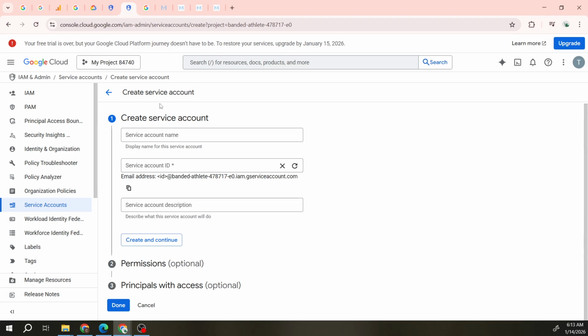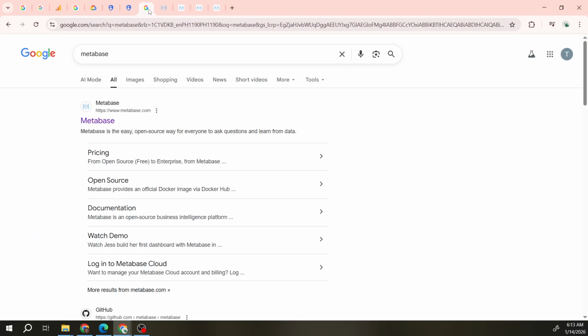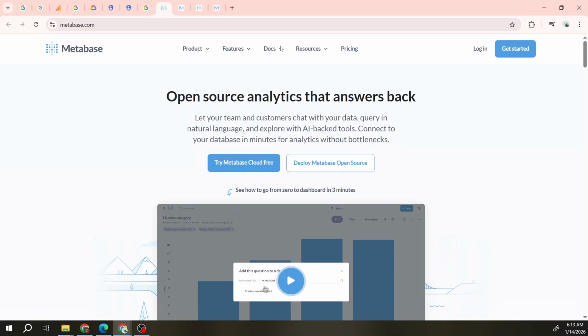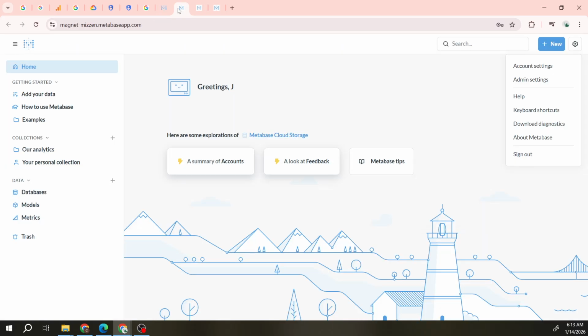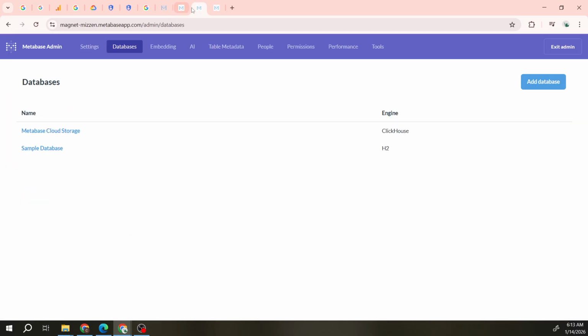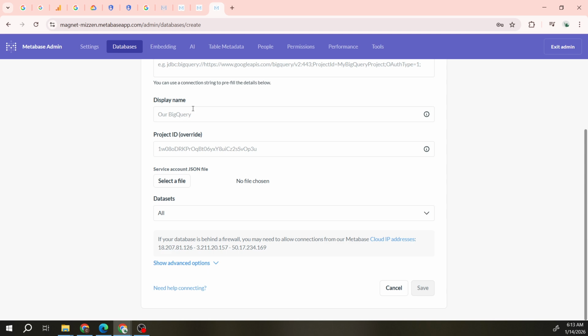Now head to Metabase. Search for Metabase and open your instance, then log in. Go to the admin settings. In the Databases section, choose Add a Database and select BigQuery as the type. When asked for credentials, upload the JSON key you just downloaded and enter your Google Cloud Project ID, exactly as